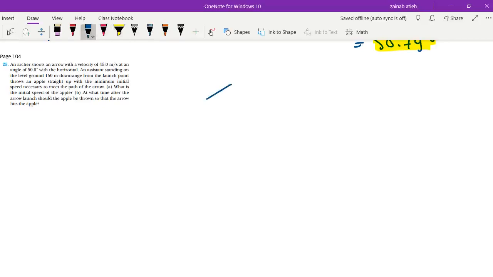So we have an arrow shot with V0 equals 45 meters per second and an angle 50 degrees with the horizontal. This is theta 0. An assistant standing on the level ground 150 meter downrange from the launch point throws an apple straight up with the minimum initial speed necessary to meet the path of the arrow. So someone is standing 150 meters, assume here, and he's carrying an apple, throwing it upward so that